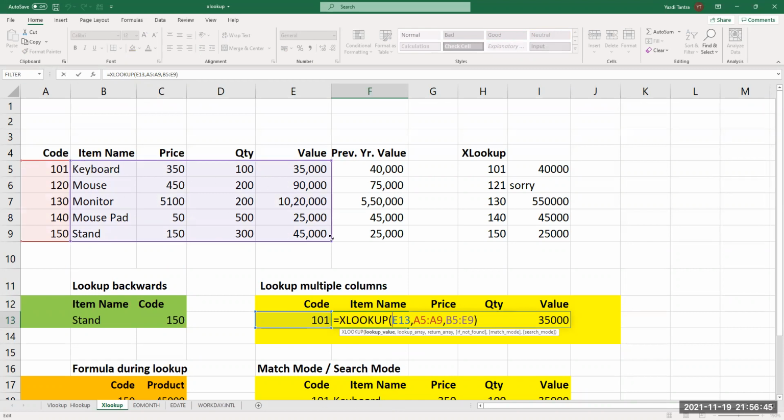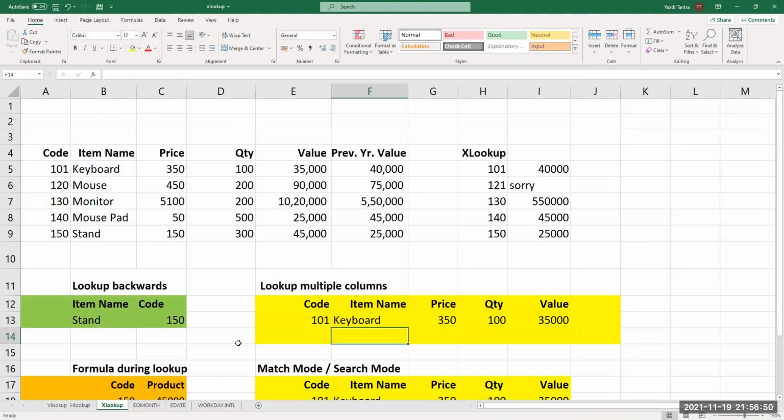So return this entire range. Okay, so when I'm pressing enter, I'm getting the entire range, price, quantity, value, everything. I'm not typing different formulas. Earlier in VLOOKUP, I had to type VLOOKUP formulas in each of these cells. Actually, there is nothing in this cell. I am pressing delete, nothing is happening here. I'm pressing delete here, nothing is happening here. Only if I come here where the formula is and I delete this formula, it goes.